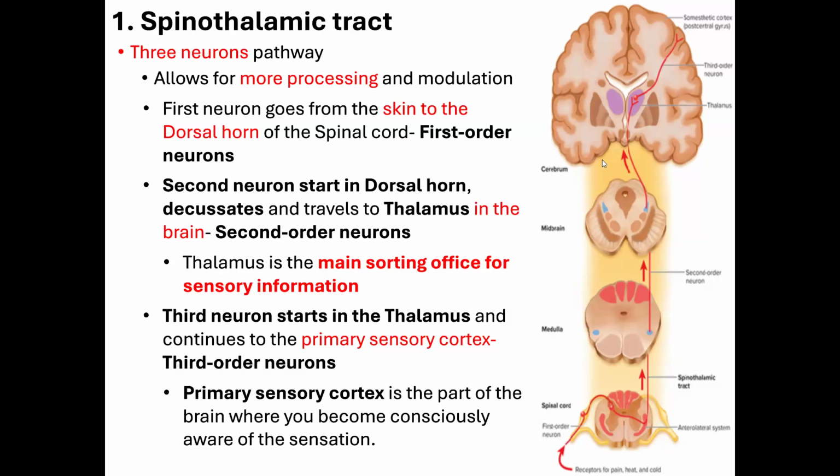For example, the visual impression, what you see, is because you have a center in the occipital lobe of the brain. And if you want to hear something, it is in the temporal lobe of the brain. So each specific sense has got a particular area in the brain, and it's the thalamus which directs the impulses to the different sections. So here you have the first set of neuron, second set of neuron, and the third set of neuron. Here it is going to the postcentral gyrus, which is the main sensory area. So the reason for having 3 sets of neuron is for more neural integration.